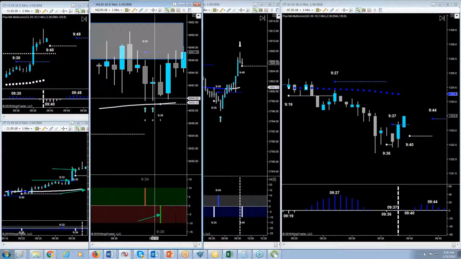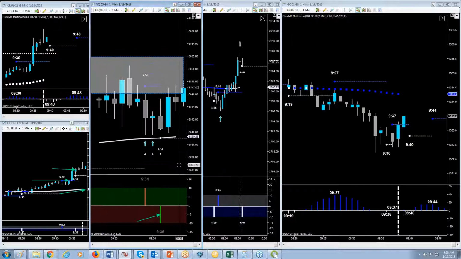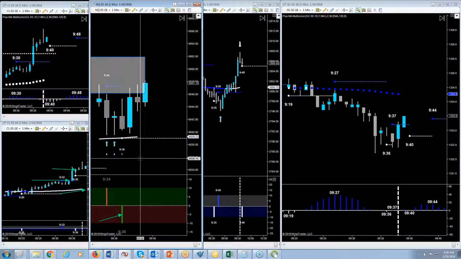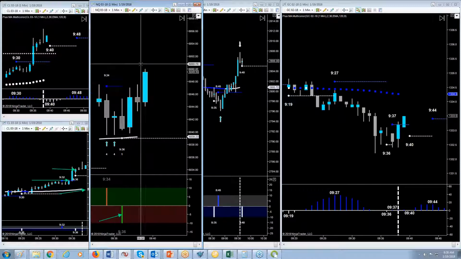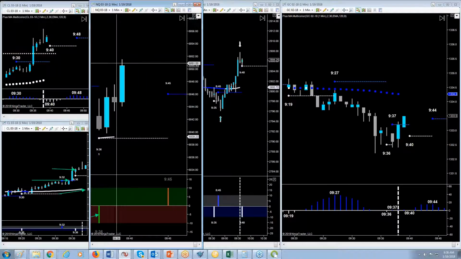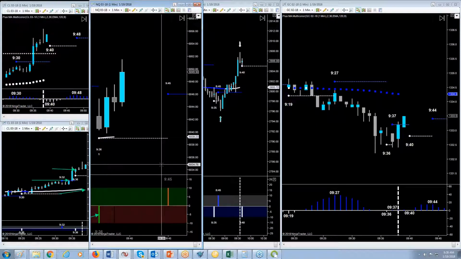I love this software. I love this program. I can't imagine anybody not using it. Oh, get that box off there. Knowing when these things are coming and being prepared for them.